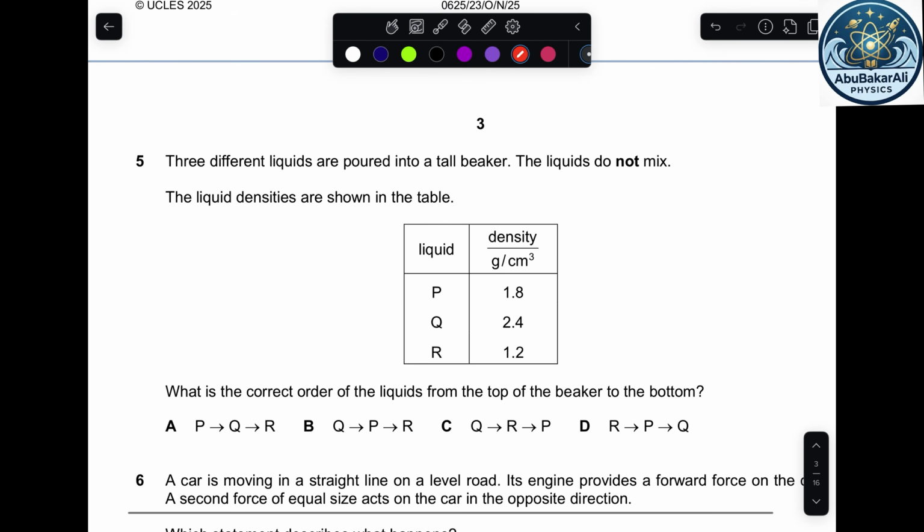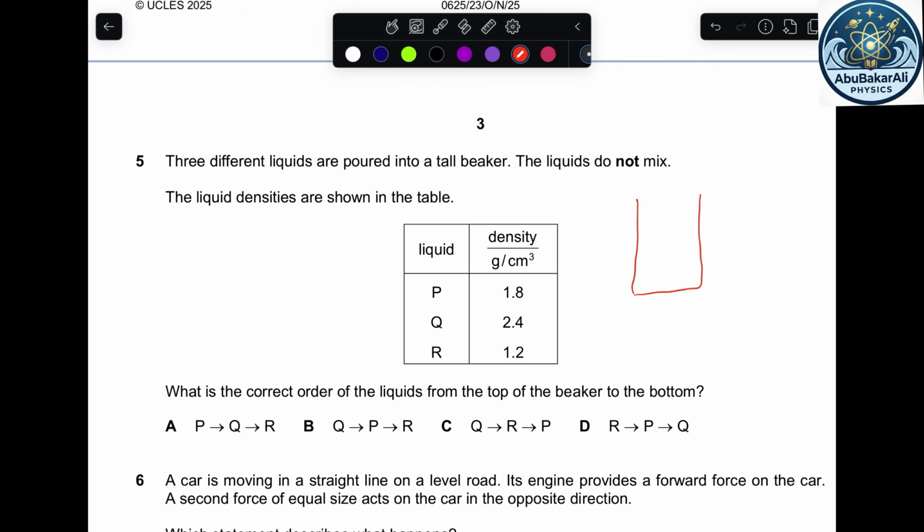Question 5. 3 different liquids are poured into a tall beaker. The liquids do not mix, the liquid densities are shown. What is the correct order of liquids from the top of the beaker to the bottom? Okay, so if this is this thing,